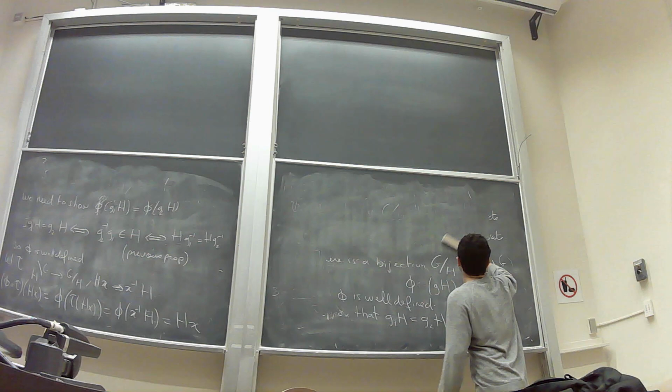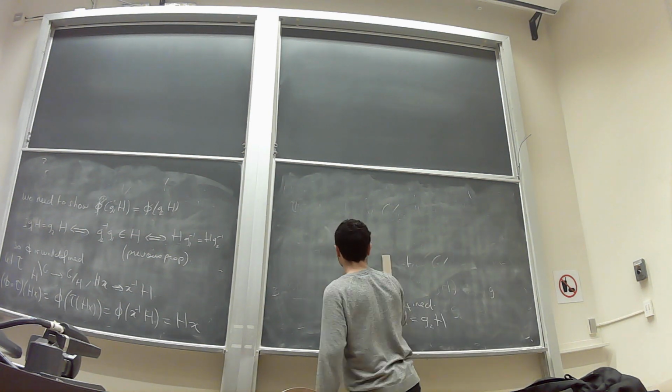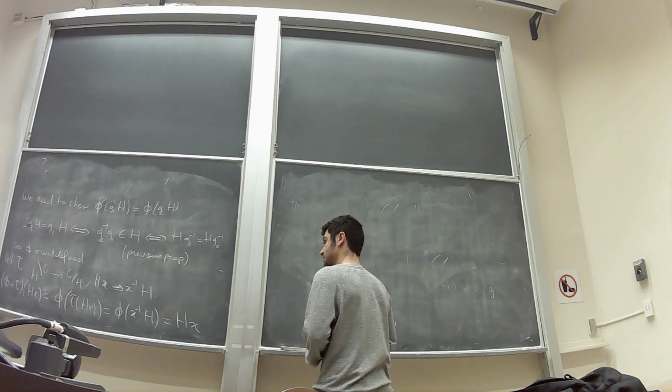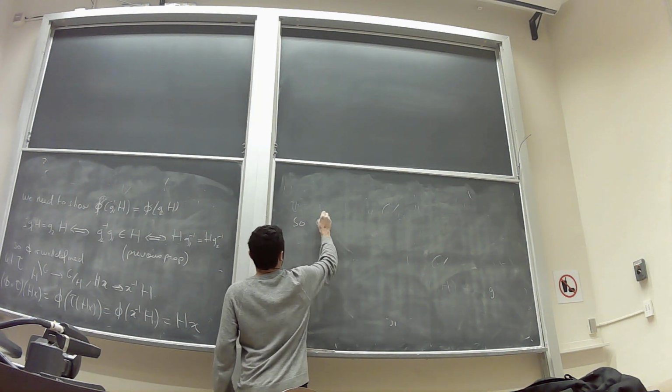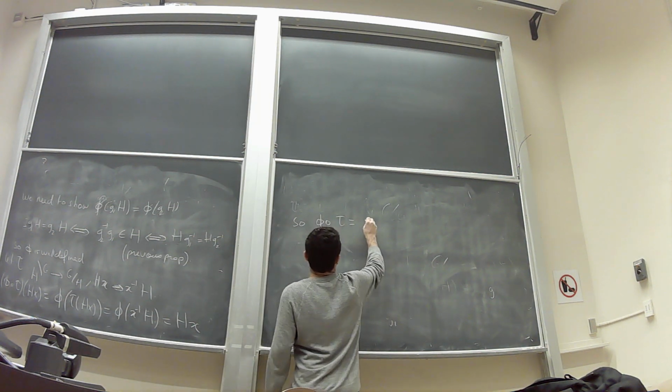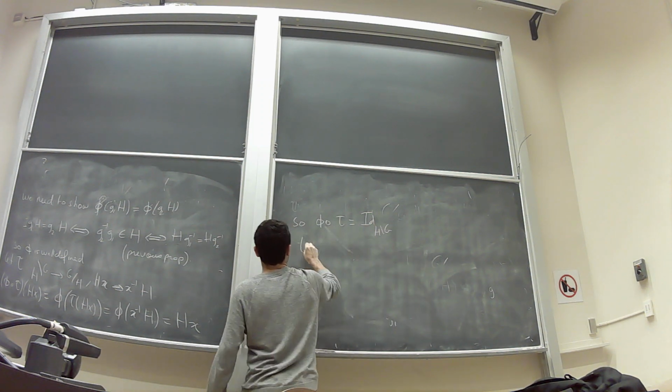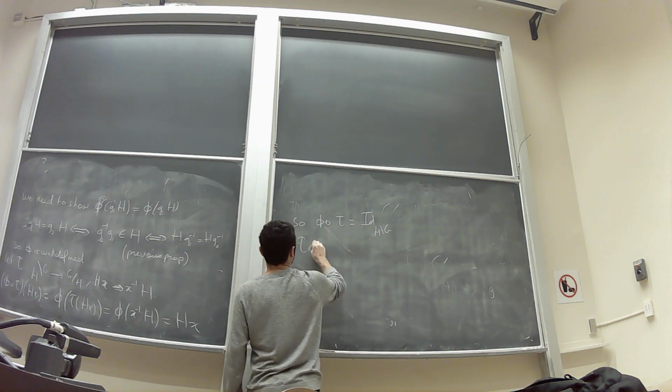So phi composed with tau is equal to the identity on the right cosets, and tau composed with phi